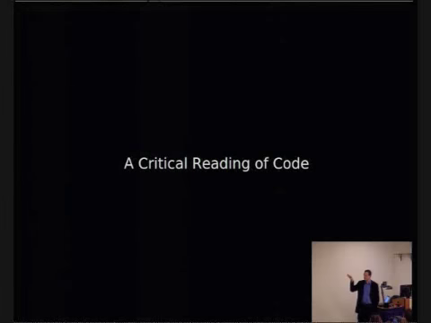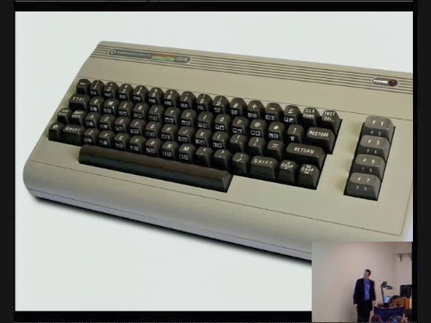Now, to look at this piece of code and to think about what it means to have a critical reading of code, and to try to understand this in a multifold way, right? Something that exists in the context of the most popular single model of computer, the best-selling single model of computer ever, the Commodore 64, manufactured